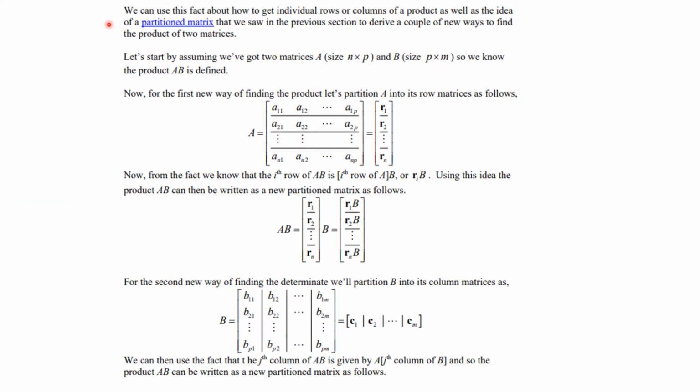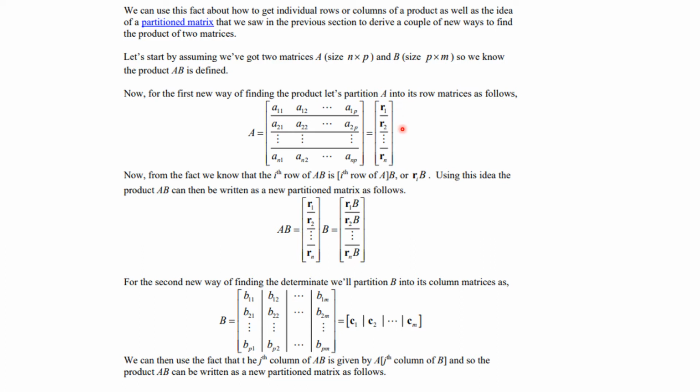Now, we can use this fact about how to get individual rows or columns of a product, as well as the idea of partitioned matrices that we saw in the previous section, to derive a couple of new ways to find the product of two matrices. So suppose we've got matrices here, n by p and p by m in terms of dimensions, and so the product is defined. And so if we're considering the partition of the matrix A, we could take vectors representing just the rows